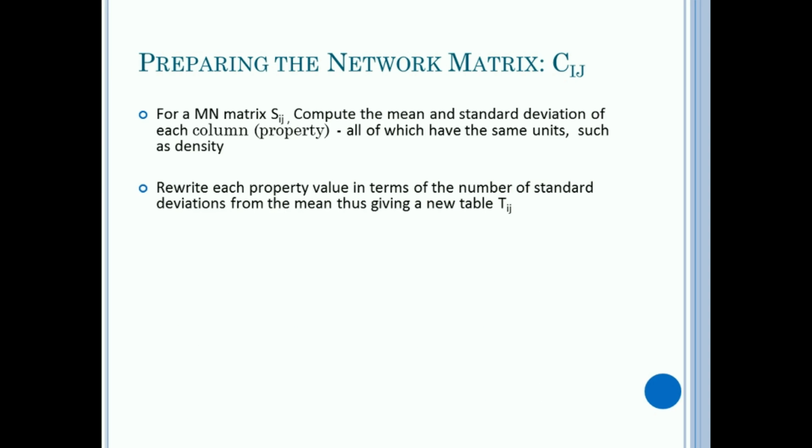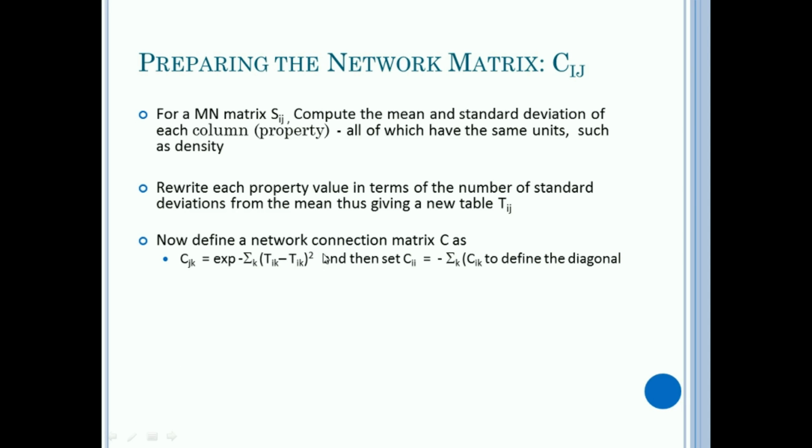Then we make a new matrix, T, where each value in any given column is replaced by the number of standard deviations from the mean in that column. These values are now normalized to have no units, as they are ratios. In other words, how many standard deviations is this number away from the mean in that column? And that becomes normalized for the whole table.